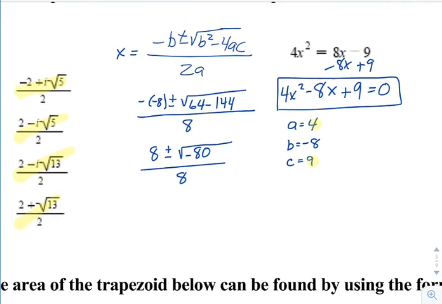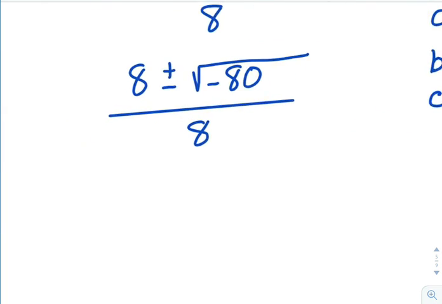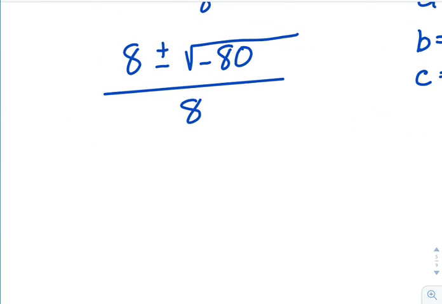Now at this point, you're like, that does not match up with any of those. We have got to figure out a way to simplify that square root. Now this comes down to the simplifying square root exercise we did a few weeks ago, where you want to find the highest perfect square that divides into 80. And there's a negative inside there too, so you know that imaginary number business is happening. All right, so you'll have your calculator to do this. I'll tell you what it is now. So the 80 splits up into, negative 80 I should say,